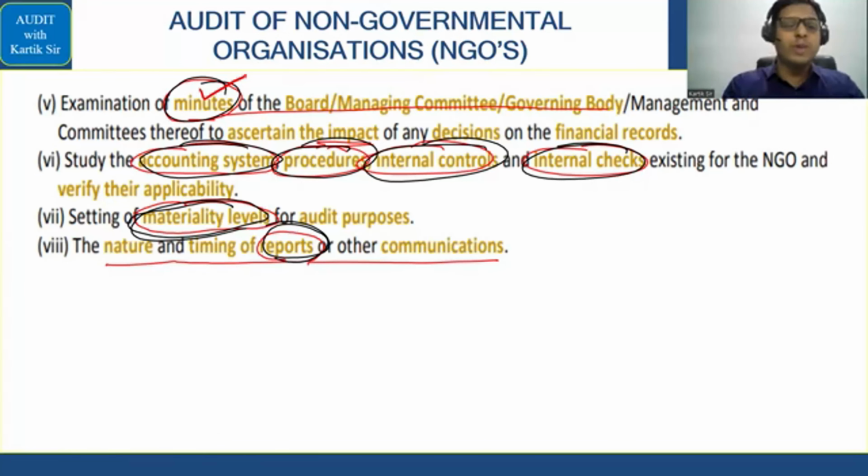So she gives you all the reports, by the way. So 1 minute after going inside, she gives you all the reports. Then she asks you, beta, but will you be able to understand all these things? You say, yes, auntie, don't worry. I'm an accounting student. I'm doing the CA course, so I'll understand the accounting system, procedures, internal control, internal checks. I will remember this, don't worry.